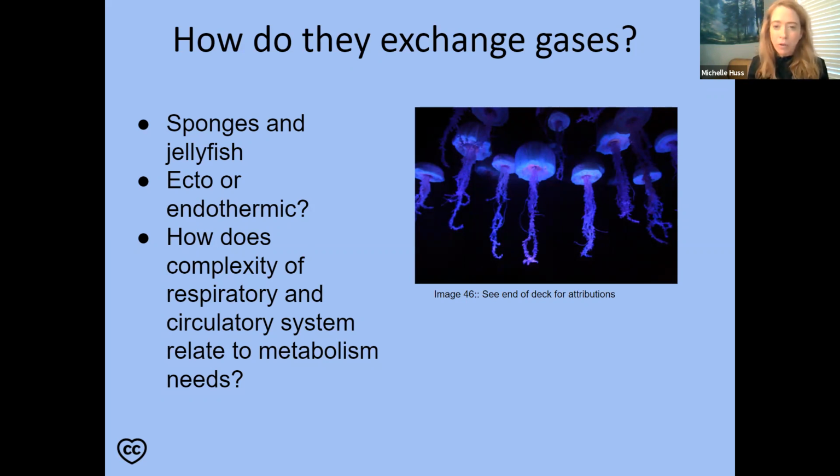What do I mean by circulatory system? It's tightly knit with respiratory. So I either have blood or some sort of liquid flowing through my body. I'm an organism, I'm an animal. And that blood or some sort of liquid is going to help me. That blood or liquid will be moving through and it'll have gases to exchange in my tissues, like my fingers and my toes and my whatever, leg.